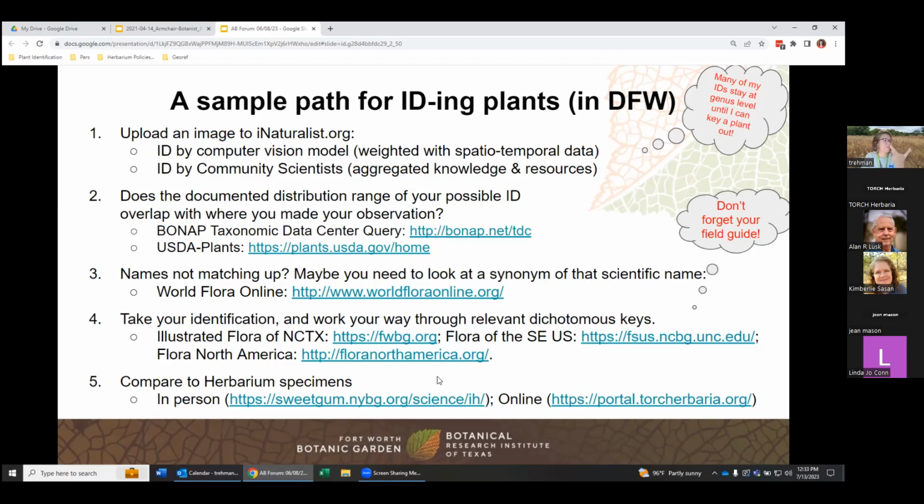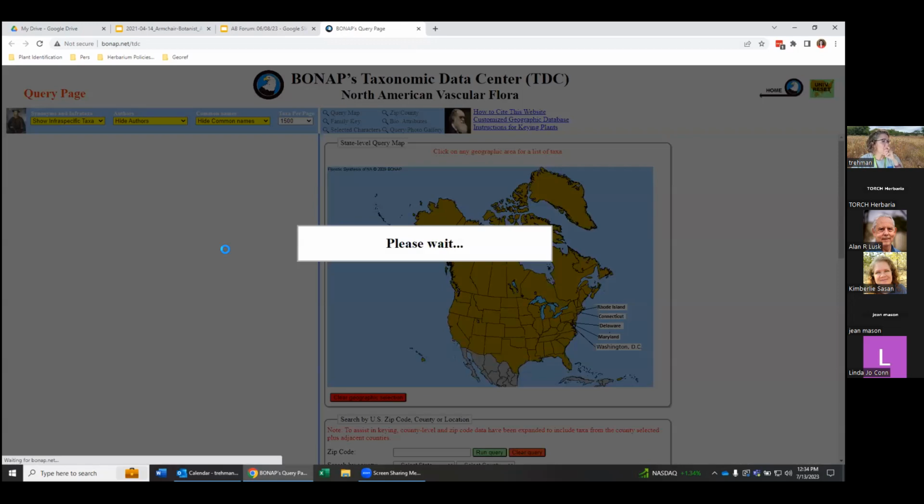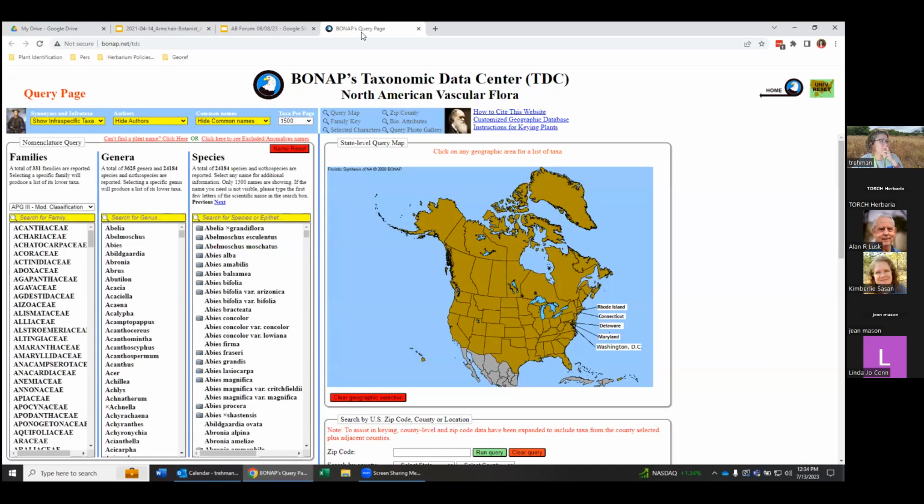So once you have a name, one of the things that I like to do is I like to say, okay, I have a name. Is that species known to occur here? I presume that that's part of the computer vision model that iNat is using, but it's always a good check. So if I wanted to know where my plant was, if my plant was a match,